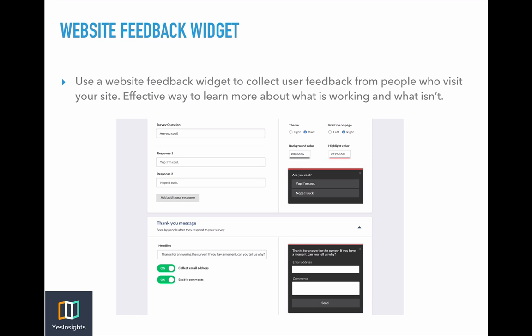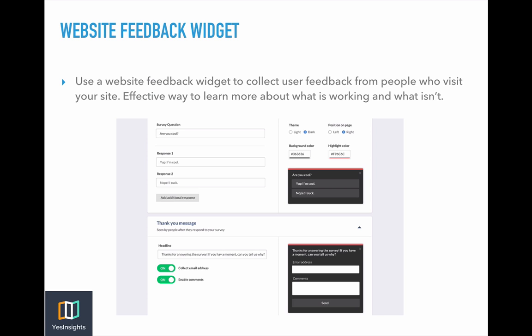The next way to collect feedback is a website feedback widget, which is slightly like a slider or a pop-up, an exit survey pop-up. It allows you to narrow down the user's feedback based on different pages. Let's say a person decides to purchase a product from your e-commerce site. Right after they purchase, on the thank you page, you can set this slider to appear, and it will say,